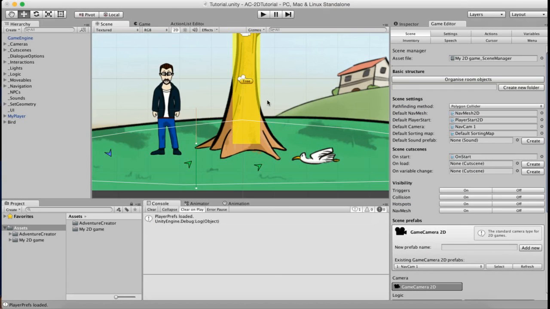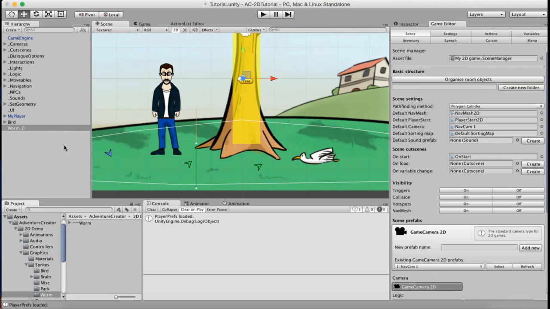So as part of the conversation we just made, our little bird friend here asked us to find him some food. So let's make a worm that we can have on the ground, and when we click on the worm, Brain puts it into his inventory. We're going to start with the sprite itself. The worm sprite we can find in Assets, Adventure Creator, 2D Demo, Graphics, Sprites, and then Worm. I'll drag the worm sprite into the scene,